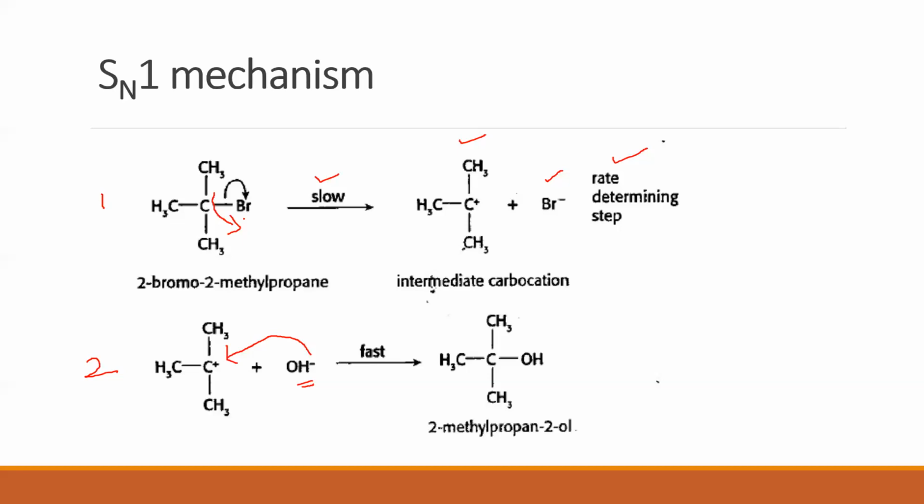Yes, very good. Now we said in SN2, what kind of solvents are used? Yes, non-polar solvents were used. Whereas here, in this mechanism, I need a polar solvent. Now, why do you think you need a polar solvent? You need a polar solvent because there are ions. And since ions are there, they need to be stabilized. For stabilization of ions, we need a polar solvent. Clear? So these are some of the differences that you can clearly see.